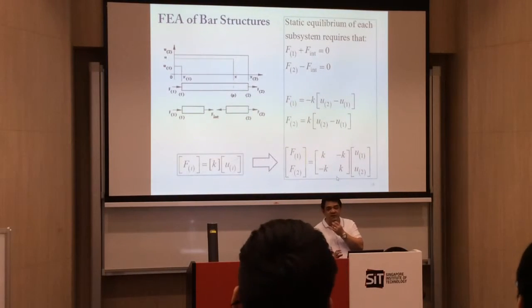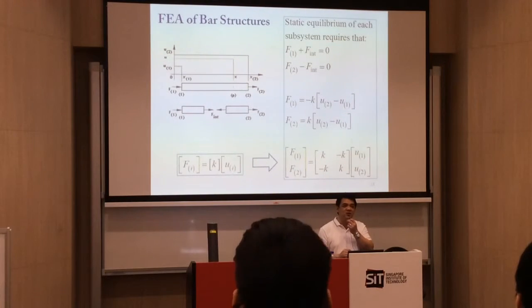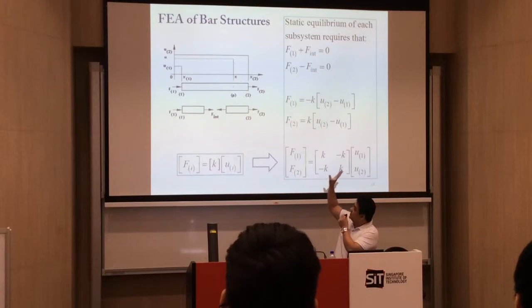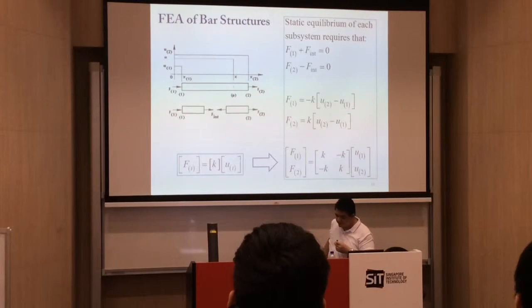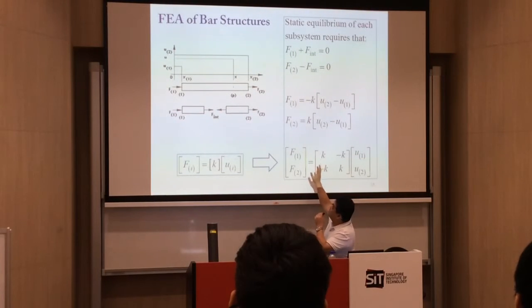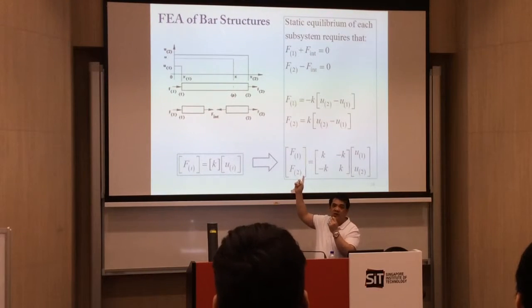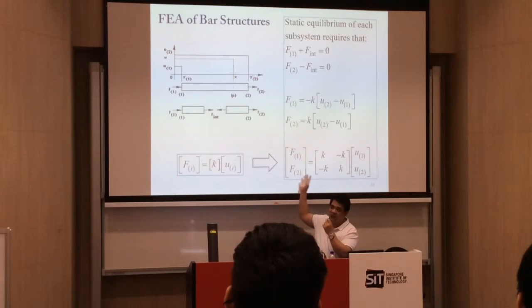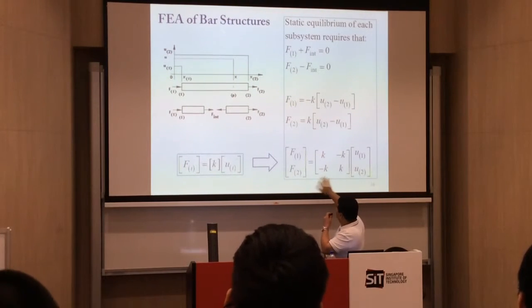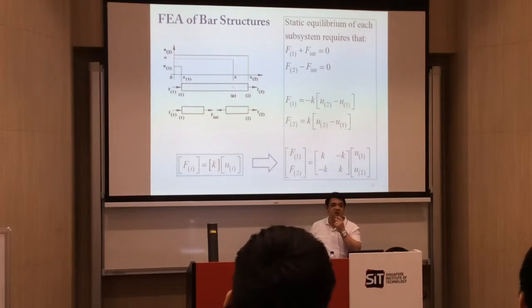Now this one is a very simple solution, but take note that this derivation is only applicable for bars. For other elements, this type of derivation won't work. You probably can use this one for springs. So springs and bars, you can use this one to be able to calculate for this stiffness matrix. Other than that,